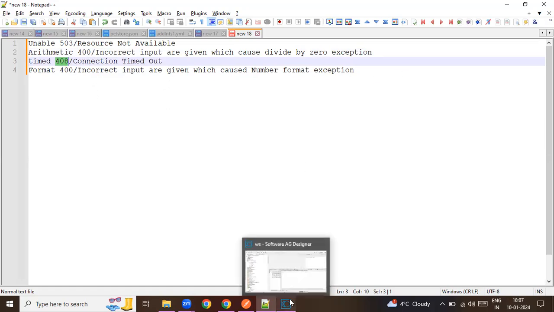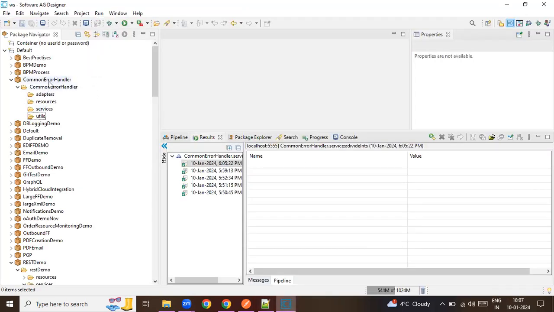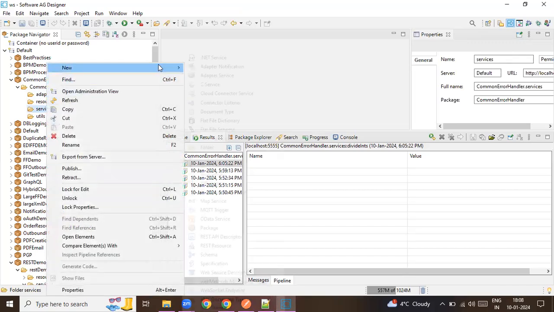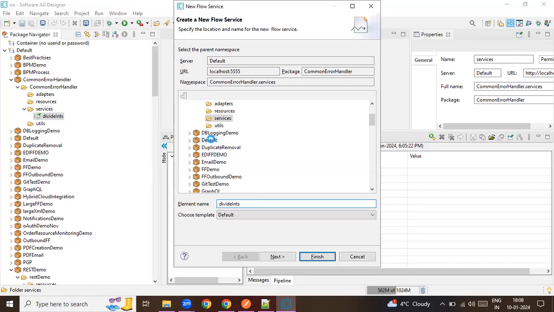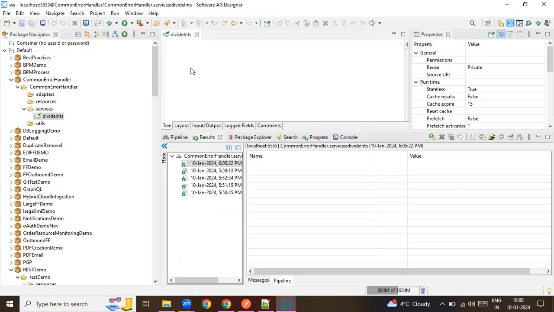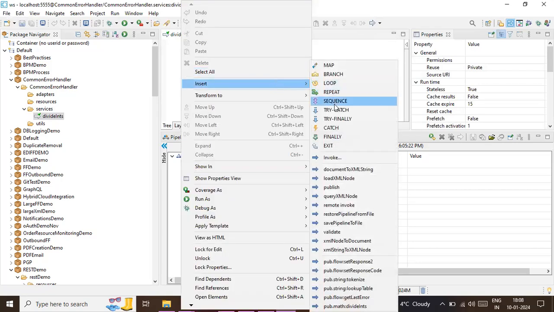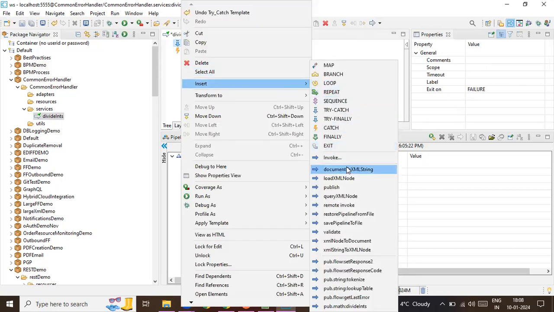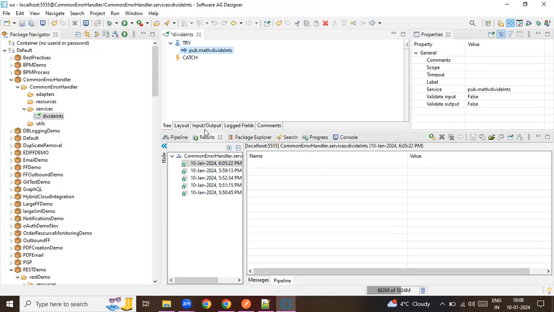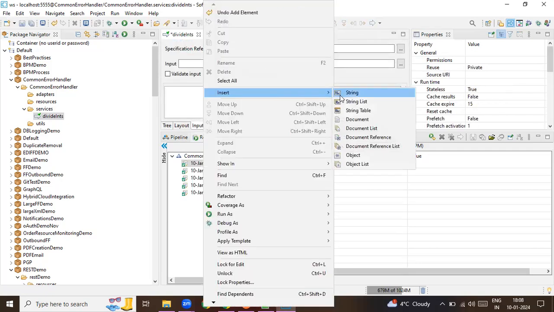So let's see how we can do it. For this, I have created a package and created all these things. So what I'll first create is a divide ints service. Yes, divide ints. And if you wanted to do the error handling and all, you need to start with try catch. So I'll call the divide int service here, and my inputs would be